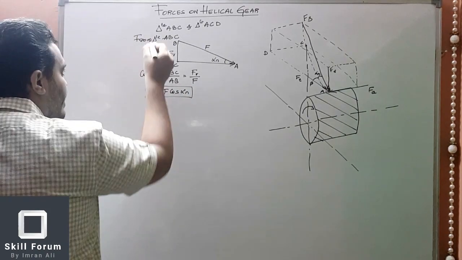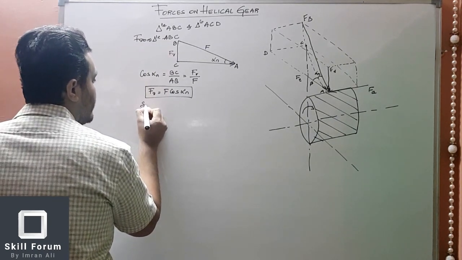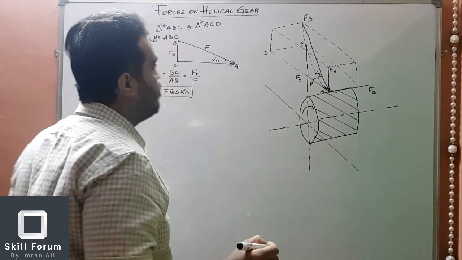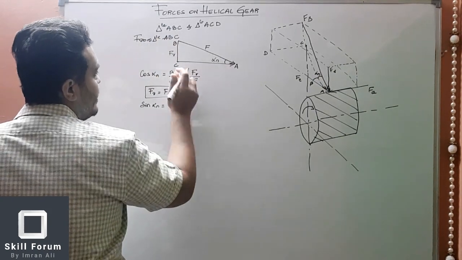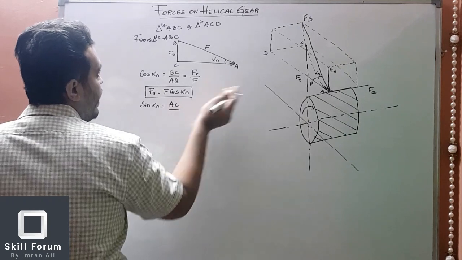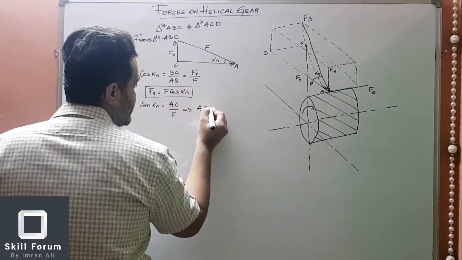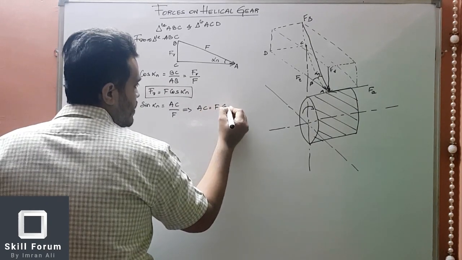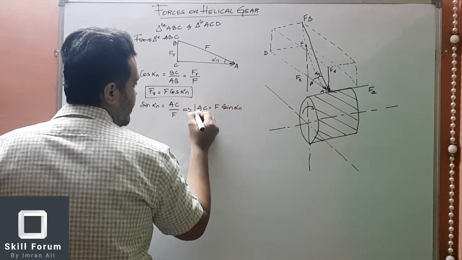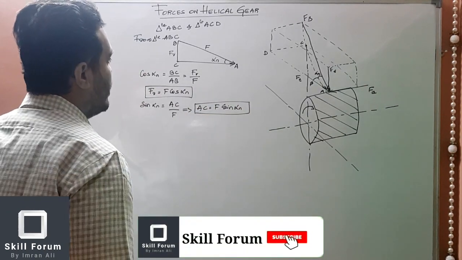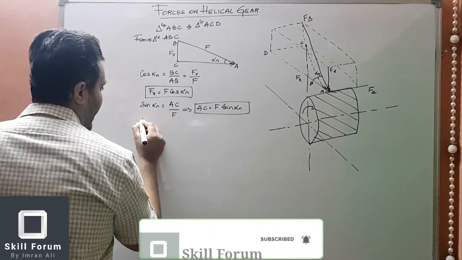So next, again from triangle ABC we have sin alpha n. What is sin theta? Adjacent by hypotenuse, right? What is adjacent here? That is AC, and hypotenuse is F. So we will get AC is equal to F sin alpha n, right? So these are 2 equations we will get. Again we will solve from triangle